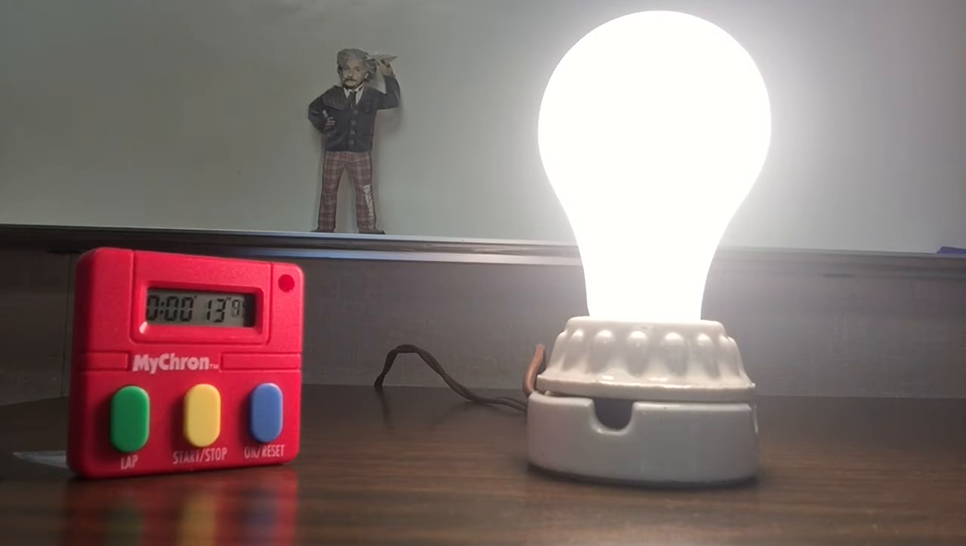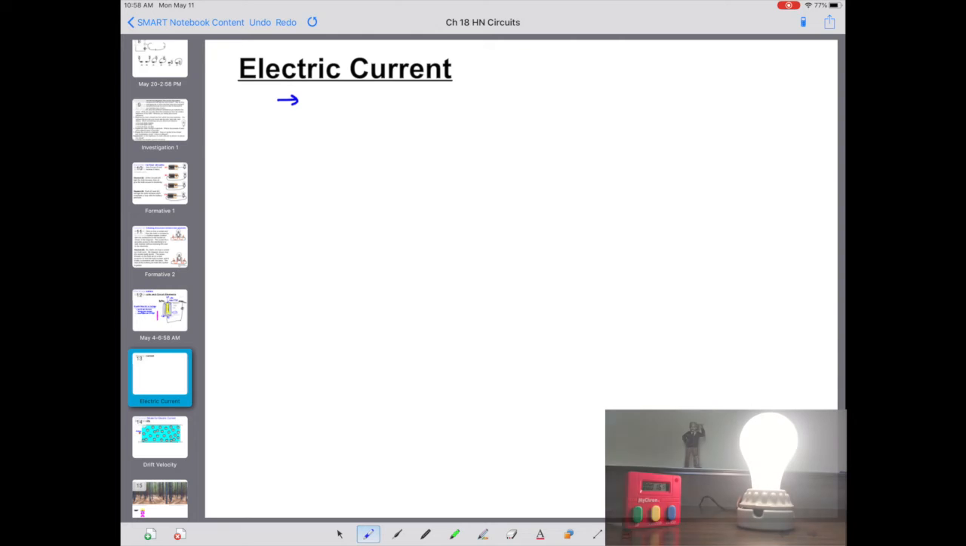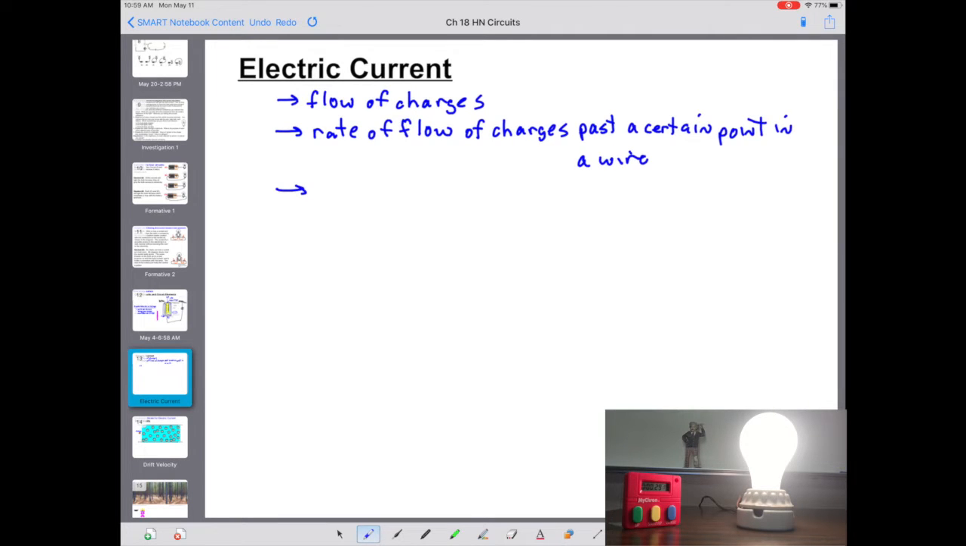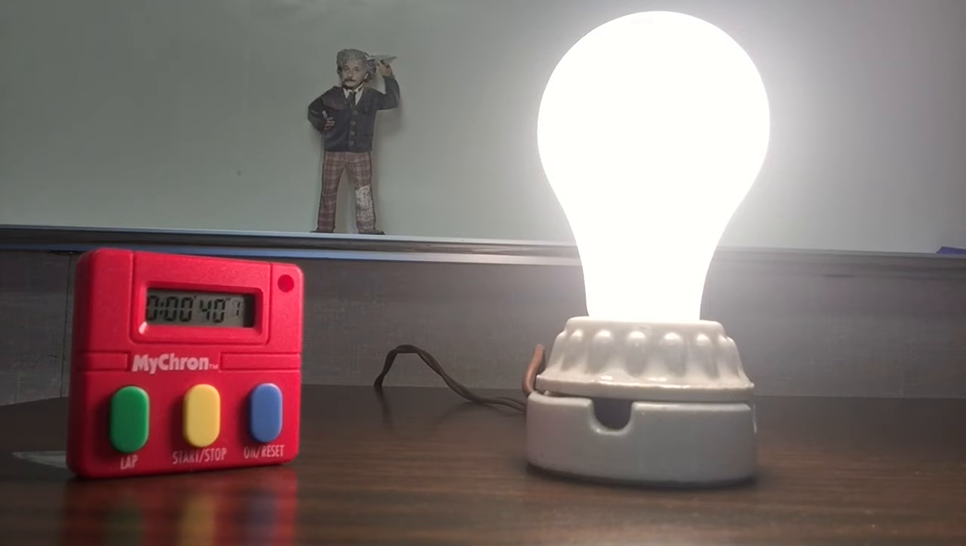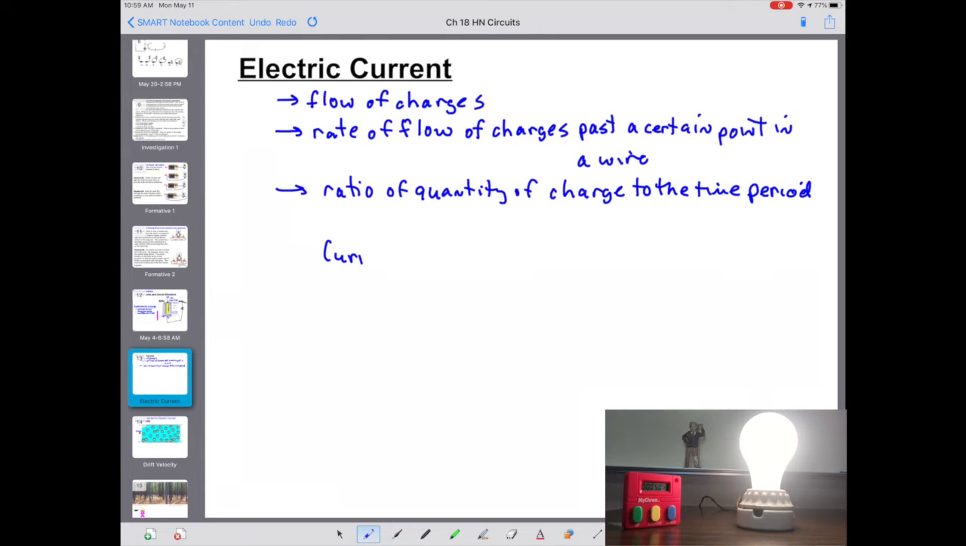So let's ponder what's going on with electric current. An electric current is basically a flow of charges, but specifically it is a rate. The rate of flow of charges past a certain point in a wire. So being a rate, that's a ratio of the quantity of charge to the time period. Let's pause for a second to check our light bulb and our timer. We're at about 40 seconds, and still not a single electron has made it from the outlet to the filament of that light bulb. So then in symbols,